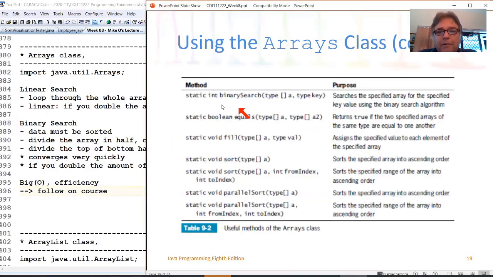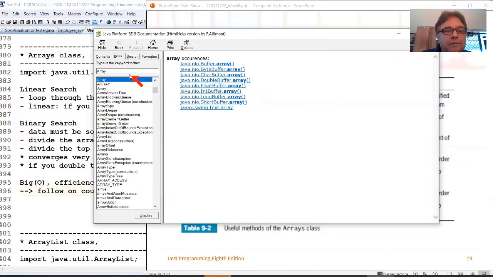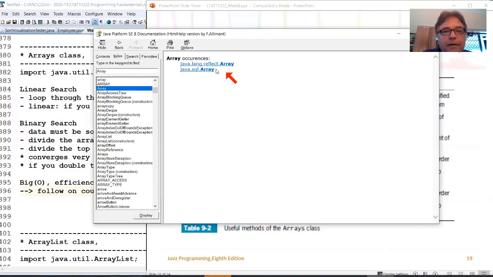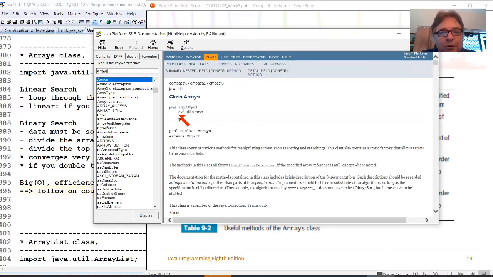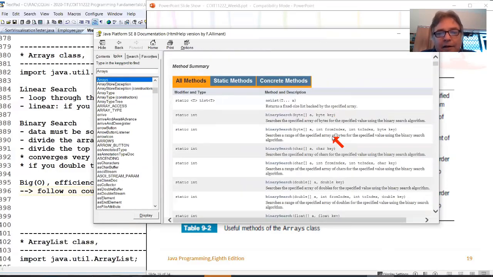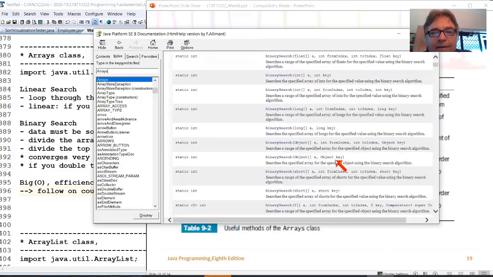Okay, so there are some of the array methods there, Arrays class methods: binarySearch, equals, fill, sort, parallelSort, and so on. They're the main ones you'll probably use. If we have a look at the Java help on that, arrays, there it is. There's the import, java.util.Arrays. You've got binarySearch and